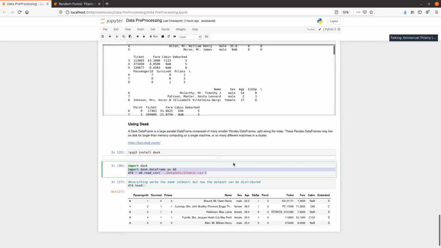So it might be slower, and Dask also processes data using a multi-core or multi-threaded approach, so it might make your processing faster as well.